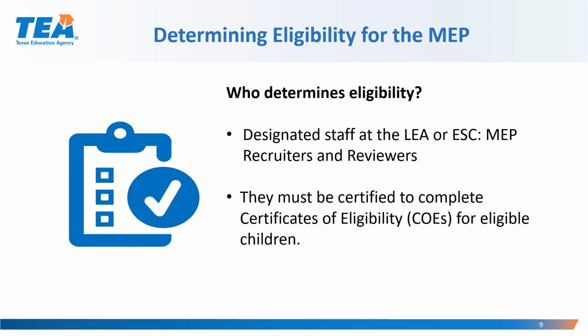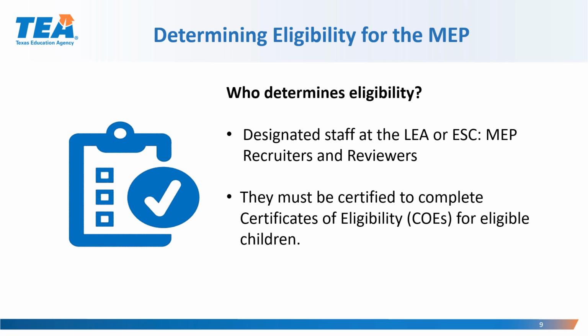Eligibility is the first step needed to begin the process of serving migratory children. Once a child is identified as possibly migratory, then a determination of eligibility for the Migrant Education Program must be made. Who makes this determination? The agency carries out its IDNR responsibilities by subgranting each of the 20 regional ESCs to train and provide technical assistance to the LEAs with migrant projects regarding IDNR requirements, policies, and practices.